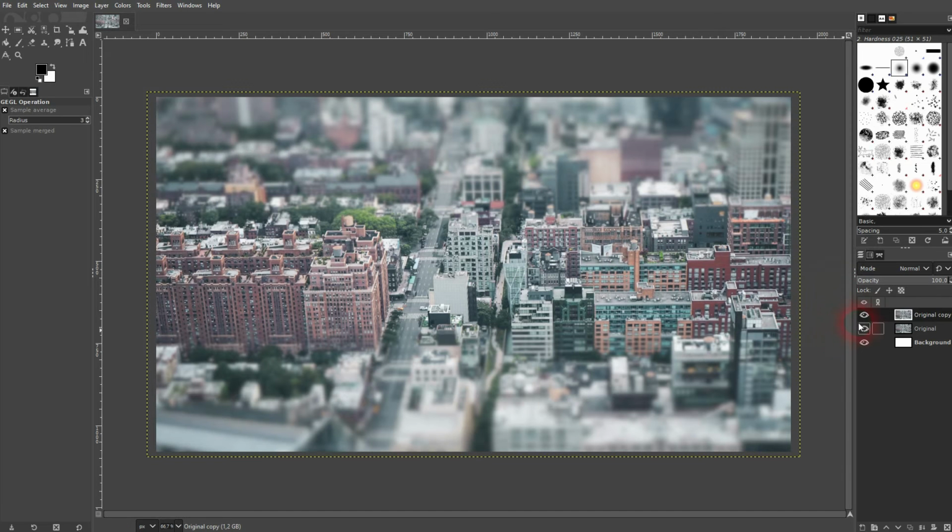And you can see if we compare it to the original, this is how easy you can create this tilt